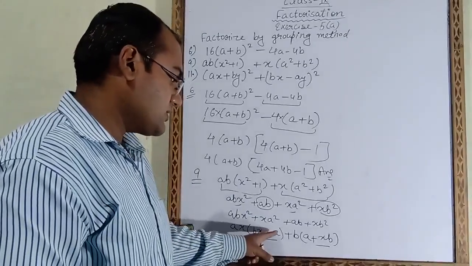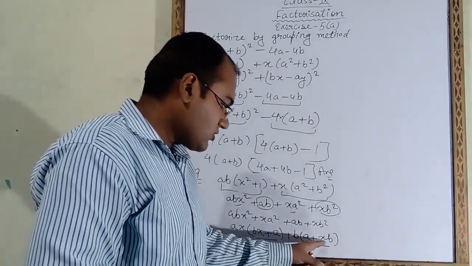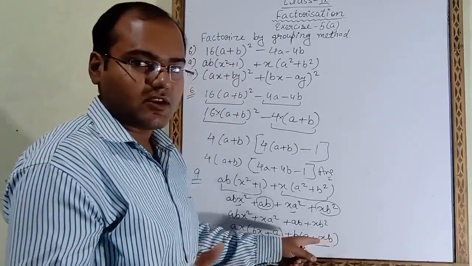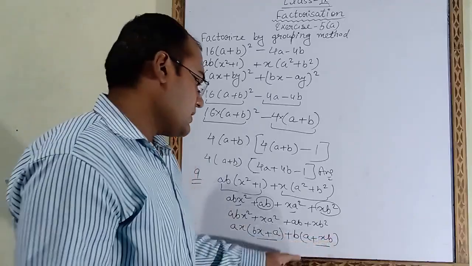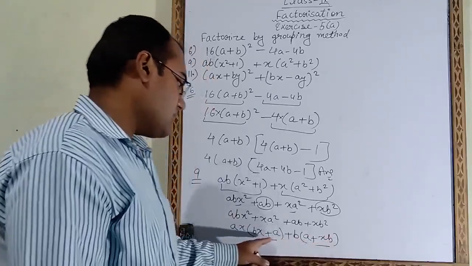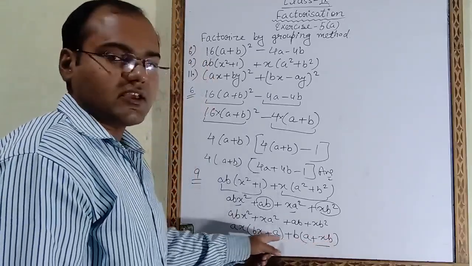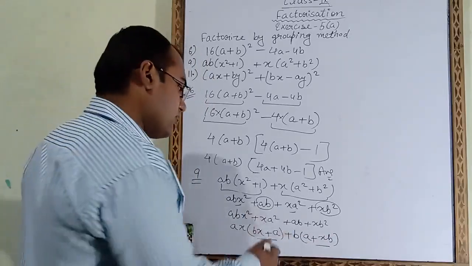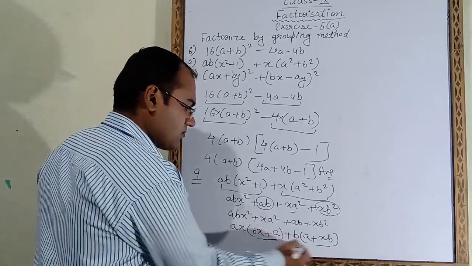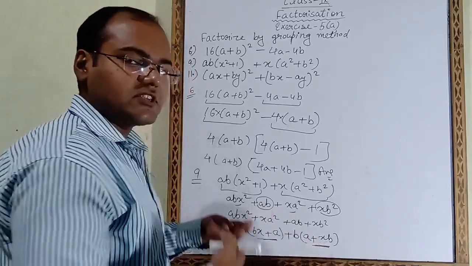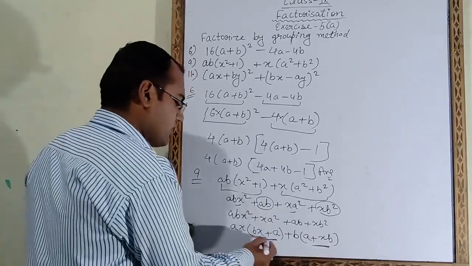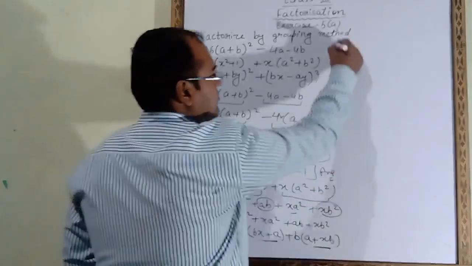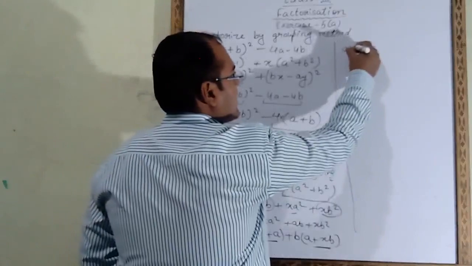Now you have to check whether these two brackets are the same or not. Here it is bx plus a. Here also it is xb plus a. xb you can say, or bx, both have the same meaning. So a plus xb is the same as xb plus a. Both are same. Now again we will take common. We will take these two things common, because these are the same. a plus bx is coming here also and here also. So we will take common a plus bx.